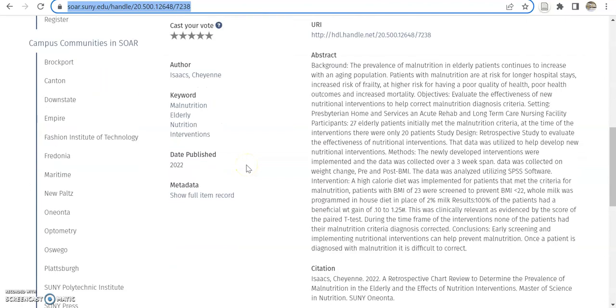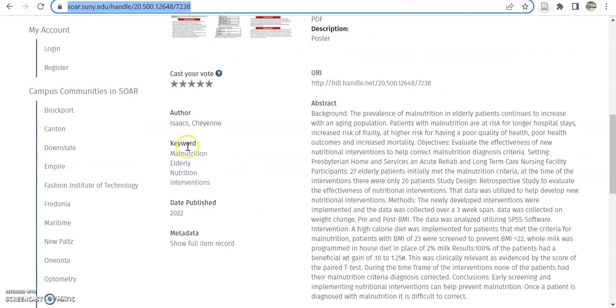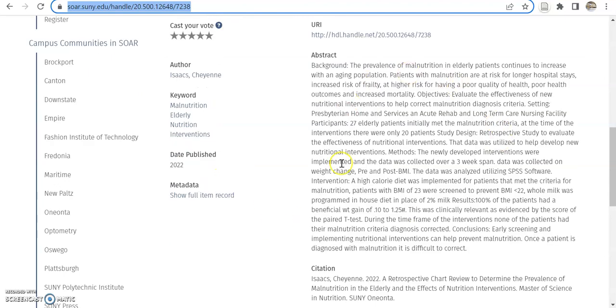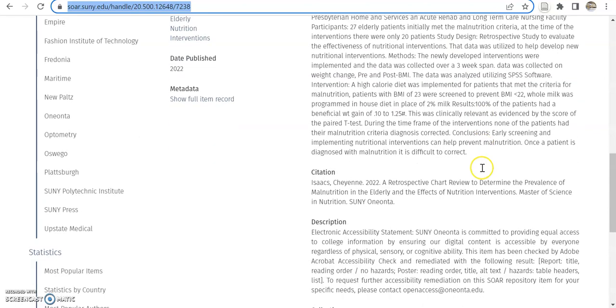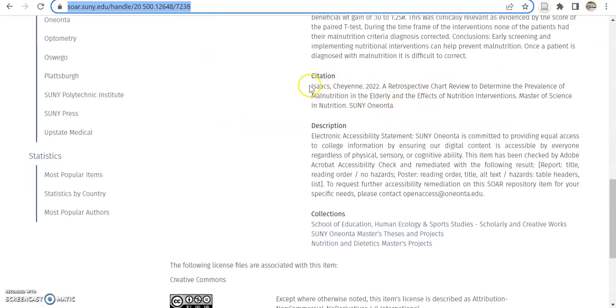So I'm going to scroll down and show you that this is the descriptive metadata. Again, this is the URI or the permanent link. It's the same as the one you see above. Authors are listed. You have the options of adding keywords to your submission, and we recommend that you have an abstract that gives a lot of good descriptive information for people to actually decide to download your documents or to find it correctly. Some programs have elected to display a citation to help others cite their thesis or